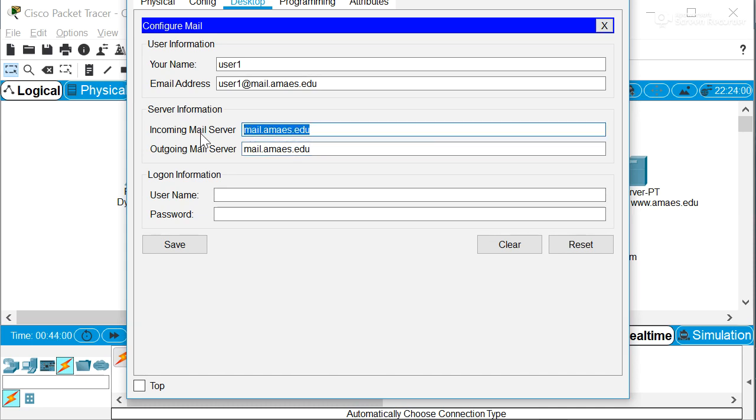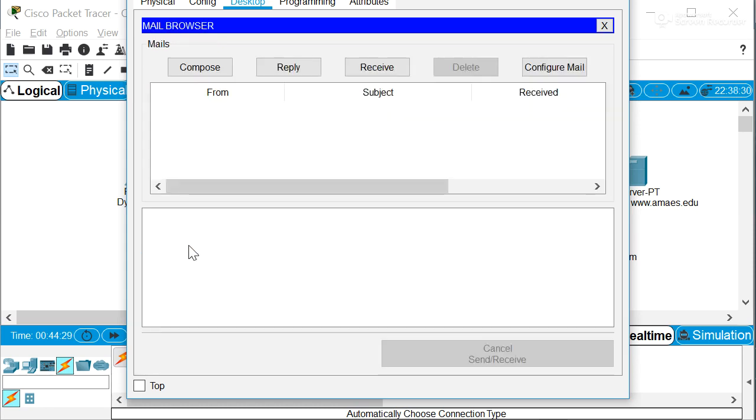Input email address 172.16.0.40. Name is user1, datacom1. Save. Okay,